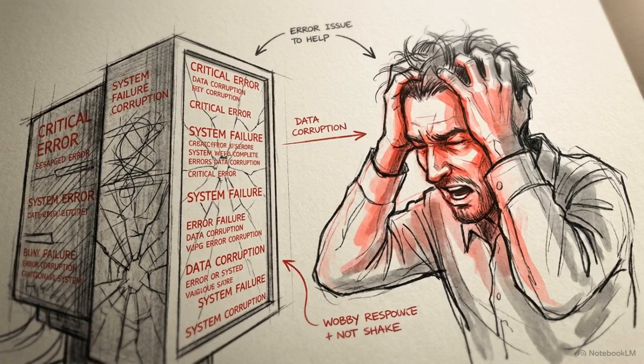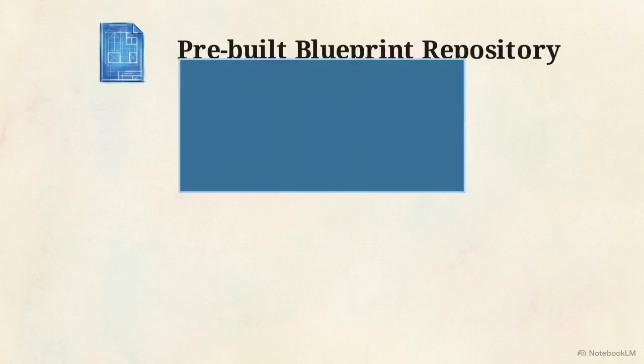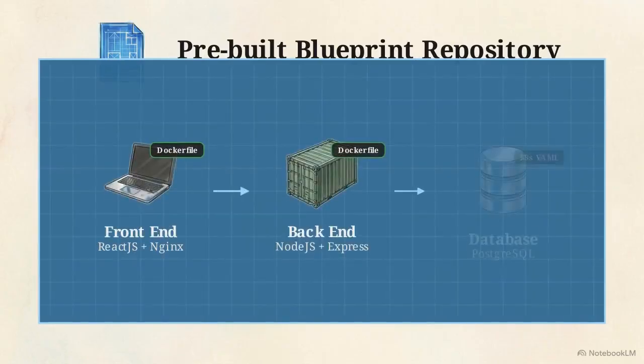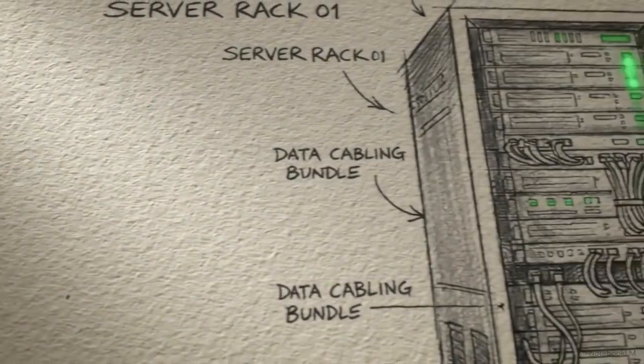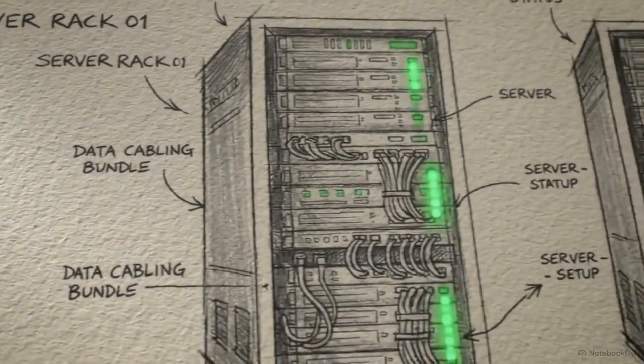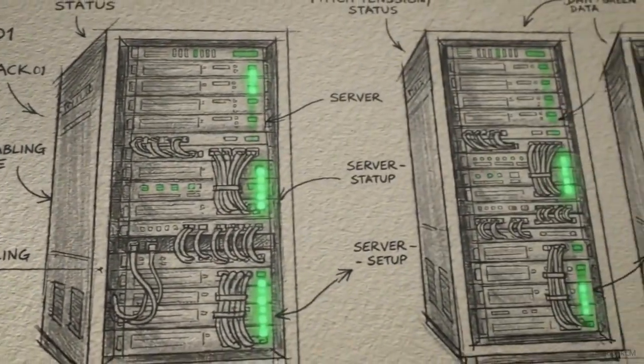Building a secure end-to-end cloud pipeline from scratch can take weeks of configuring files and resolving dependency errors. Today, we are skipping the boilerplate by starting with a pre-built blueprint repository. By the end of this session, you will have a fully automated pipeline deploying a live 3-tier application to a